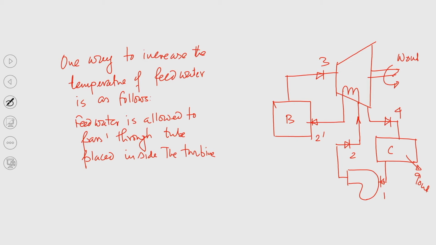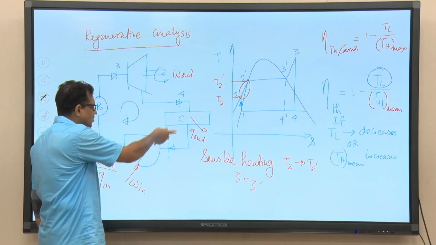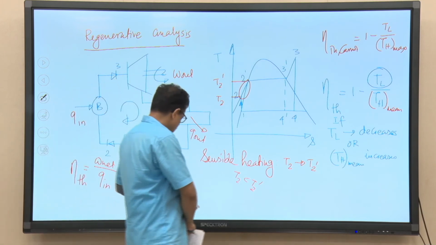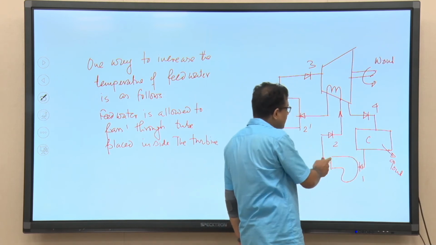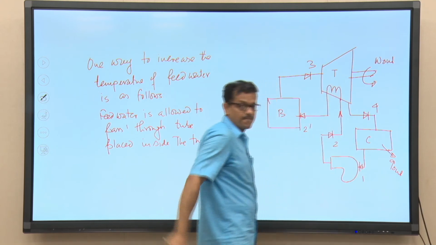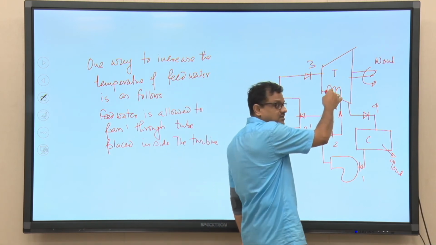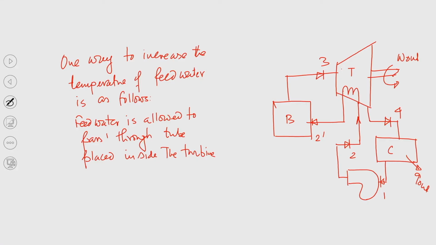So, this is a special arrangement. If we now compare this schematic with the previous one, in that case the condensate collected from the condenser is pumped directly back to the boiler without taking that water into the turbine. But here what we can see? The condensate that is collected will be pumped through a circuit which is placed inside the turbine, right. So, when water is allowed to pass through the circuit placed inside the turbine and steam is expanding, this is basically a counter flow type heat exchanger.